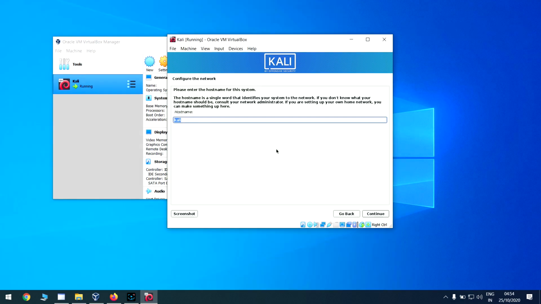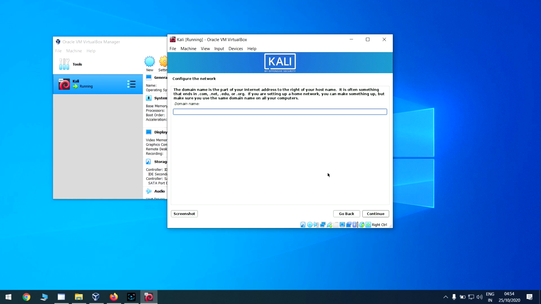Now it's asking me to write my host name. So let the host name be the educators. Click continue. Domain name. If you have a domain name, you can write it here.